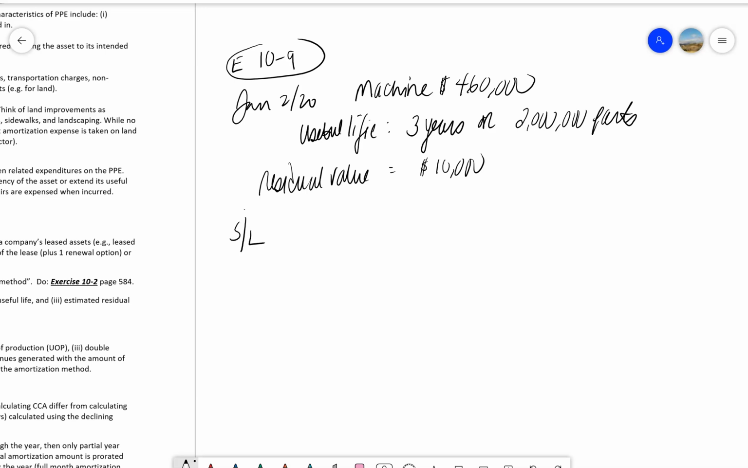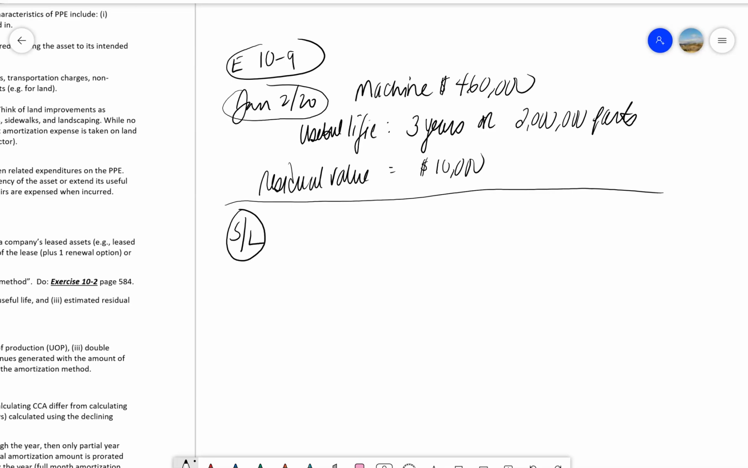So we're first going to use straight line amortization or depreciation. Now remember, straight line is even wear and tear. Straight line, the same amount every year. And because we bought this on January the 2nd, we can take the full year of amortization in the first